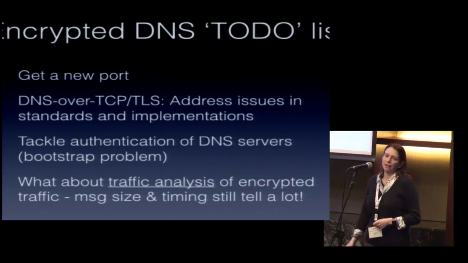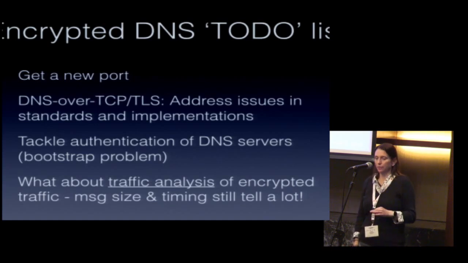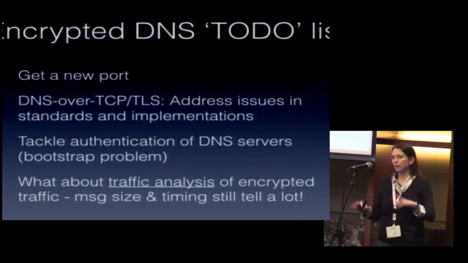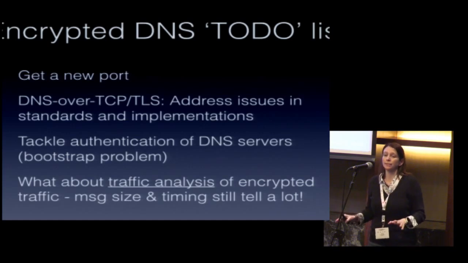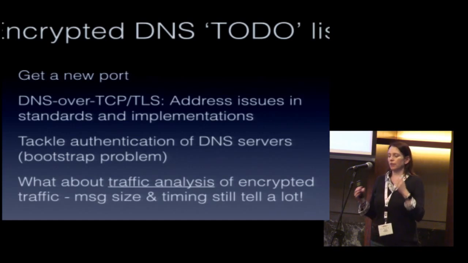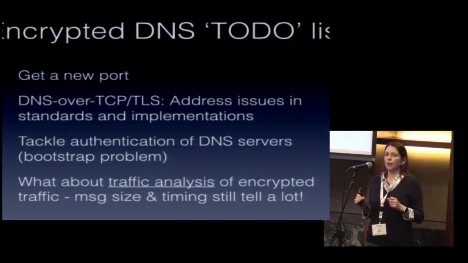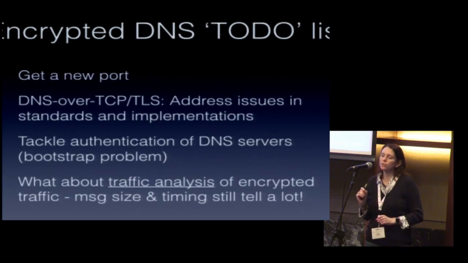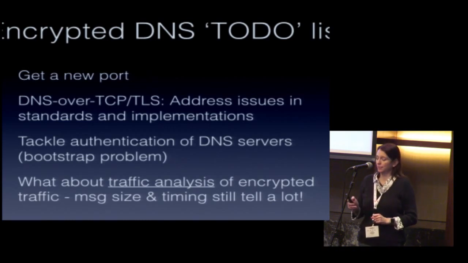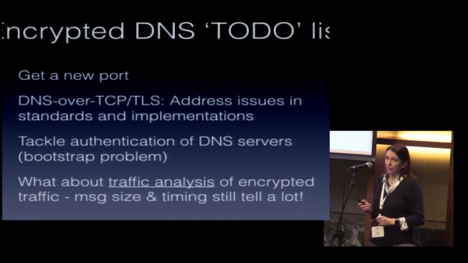The other thing to worry about is some really interesting work that was done on traffic analysis. And what this showed was, great, go ahead and encrypt your DNS, that's fine. But if I'm an observer and I can see both sides of recursive, then I can see lots of messages, I can still figure out how big they are, and I can still see the timing correlations between them, which means with a bit of work, I can still deduce a whole bunch of stuff about what individual users are doing. So just encrypting the traffic is not enough to obfuscate that. So you need to consider options that can defeat that kind of traffic analysis.